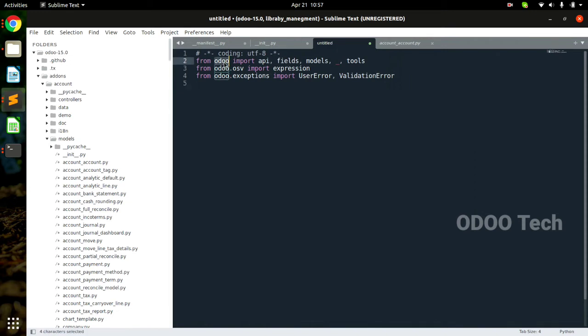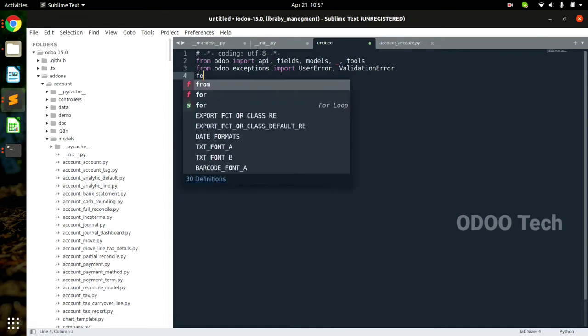The first one is the Odoo import for api, fields, models and tools. Basically this allows us to create the model and the different fields inside the model. Then there is the CSV exception, which is not required for us. Then the Odoo exception: in the code if you want to raise a user error or something, we can write it.